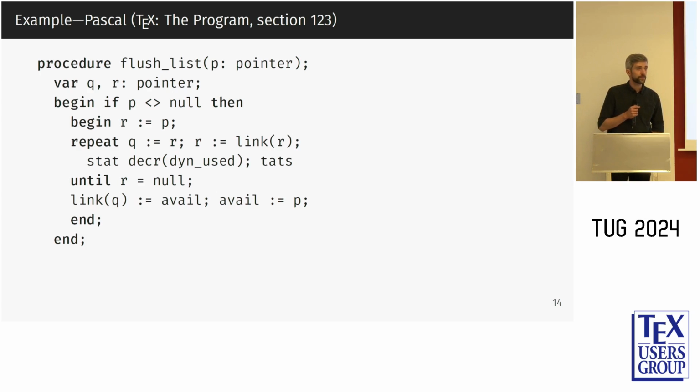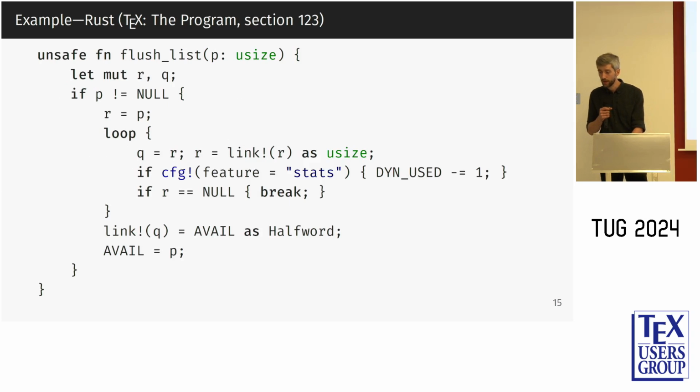So this is an example. This is the original Pascal code. It's a procedure that essentially deletes a linked list. P is a pointer to the head of a singly linked list, and it deletes it from this memory array. So in the first run of translating that, it would look like the following Rust code, and as you can maybe see,